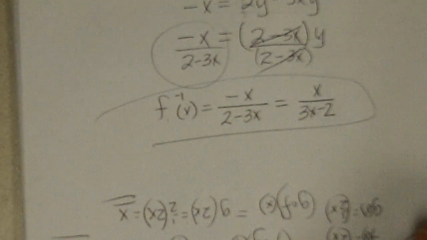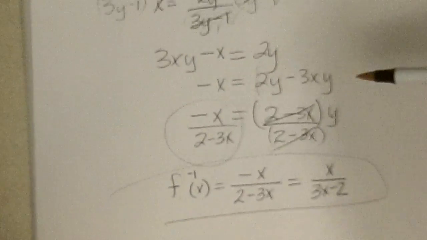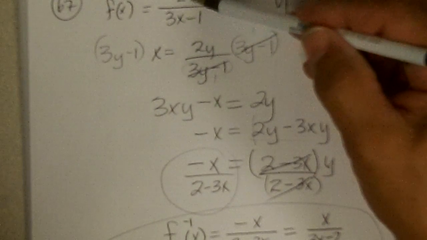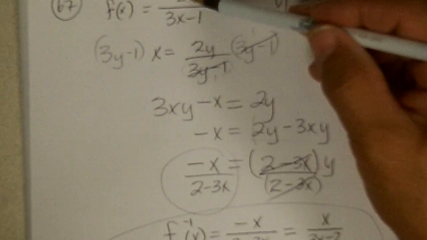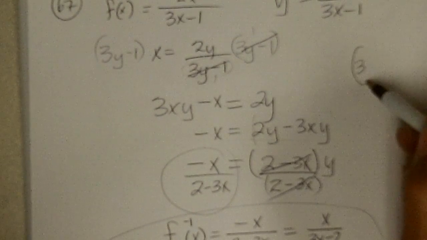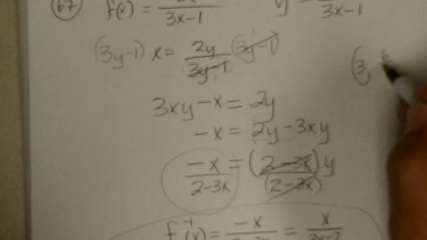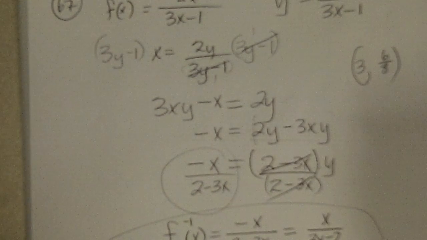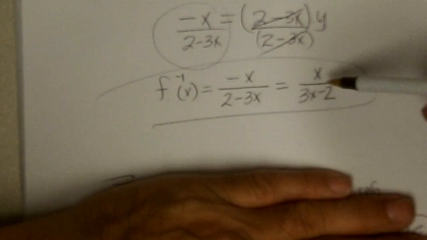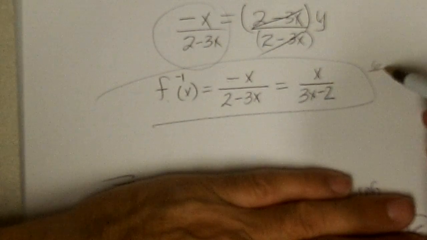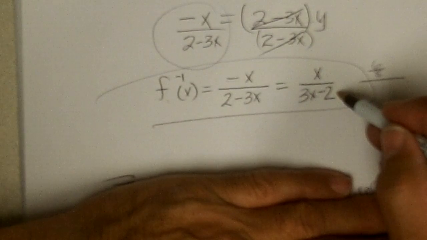Okay. Let's do a quick check here. Make sure this really is an inverse. Let's put a number in for x in the original one, like, let's put in 3. So I get 6 over 9 minus 1, 8. 6 eighths. Okay, so now I'm going to put into here 6 eighths. So I'd get 6 eighths over, I'm using this one, 3 times 6 eighths